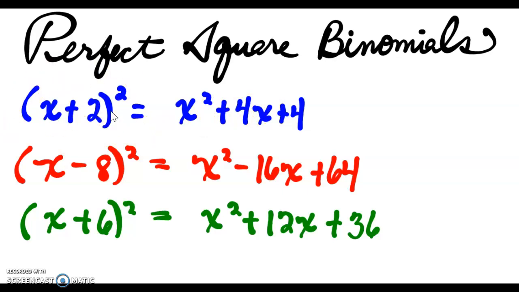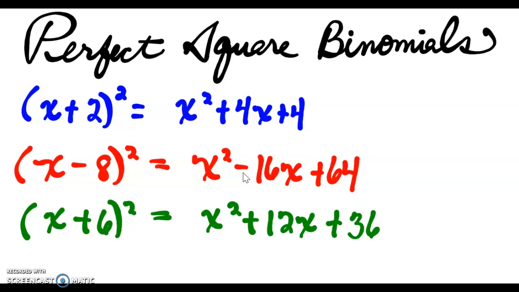Hopefully you notice that when you take the square root of 4, you get 2. And the square root of 64 is 8. And the square root of 36 is 6. Notice this is a minus 8 because your middle term was minus. The other pattern that I want you to notice